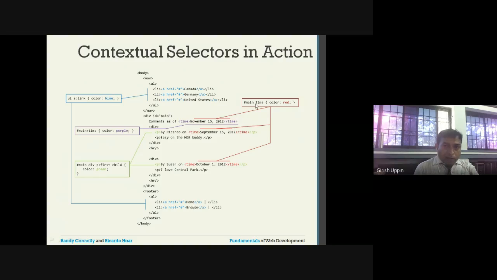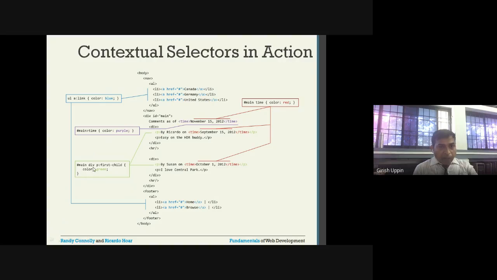And this rule gets overridden by this particular rule. But if you see here, this one is maybe a grandchild or great grandchild, that's why red has been applied. If inside div there is a time available as a direct child, it will be applied with the purple color.